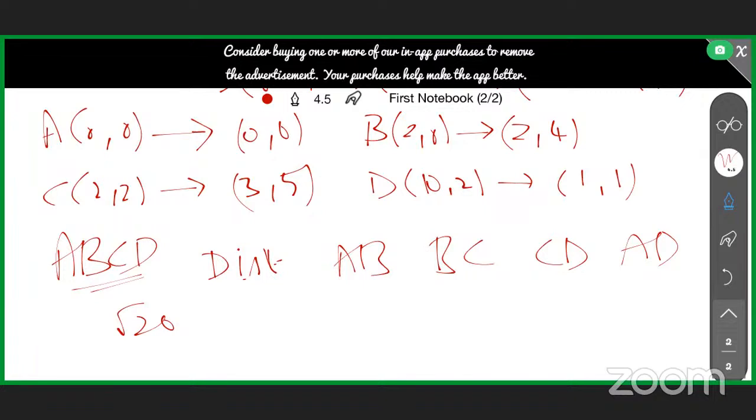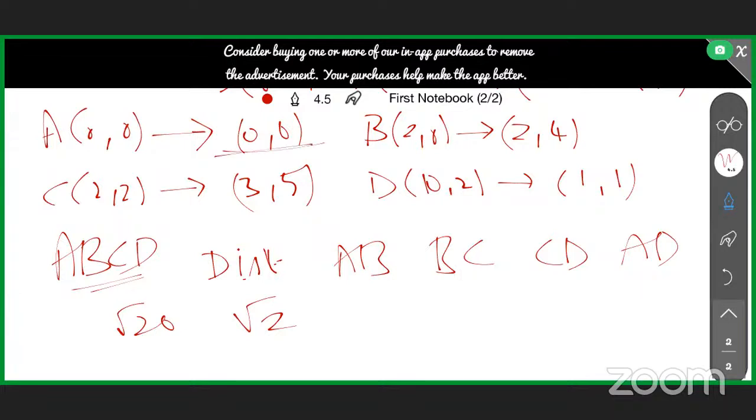Okay. Now we have to use the distance formula and find the distance of B and C. Here, 3 minus 2 is 1, 5 minus 4 is 1, 1 plus 1 is root 2. Now same thing. 3 minus 2 is 1, 5 minus 1 is 4. Sir, can you explain how it came root 20? Distance formula, distance between A and B: x2 minus x1 whole square plus y2 minus y1 whole square, root of,